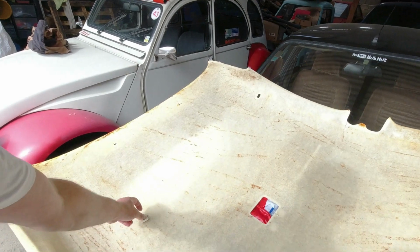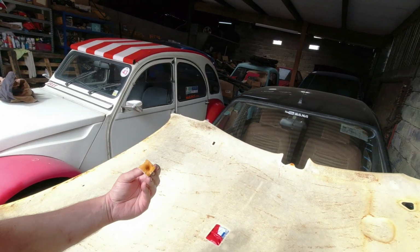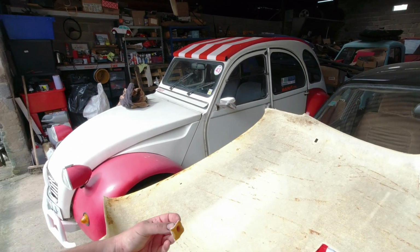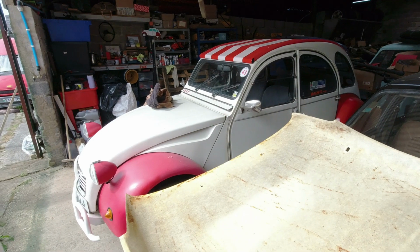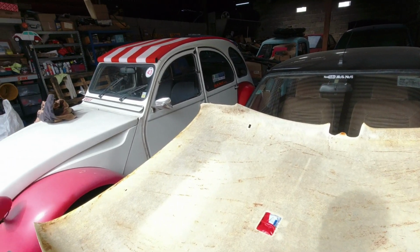Oh, hello. What's that bit there? I don't know. I've just found it on the floor. Was that an important bit? Maybe. Yeah, we don't know where that's from. It looks like one of these, but they're both there. Yeah, that was the strange thing, is that I thought it was one of those,